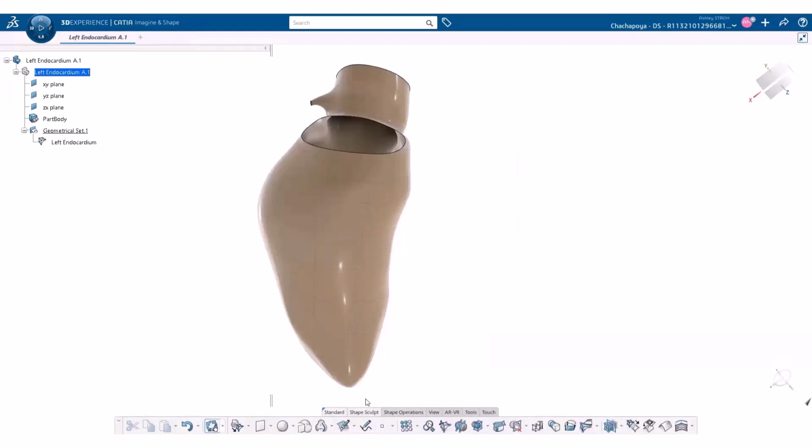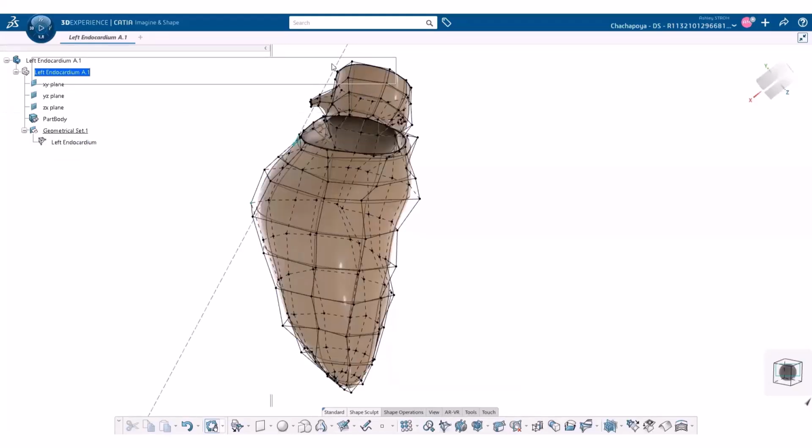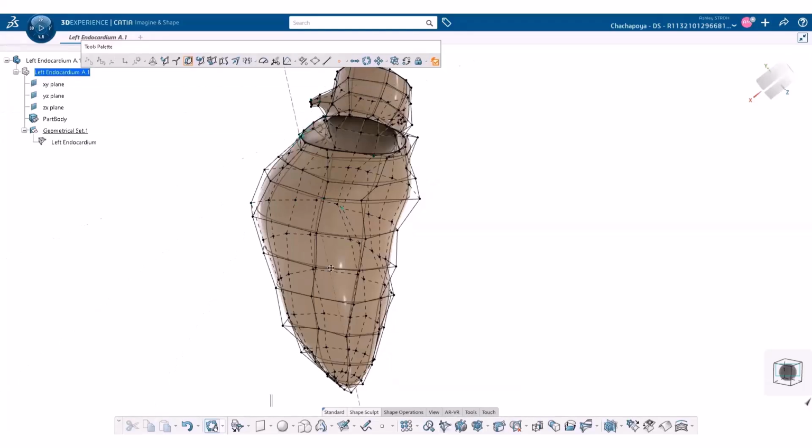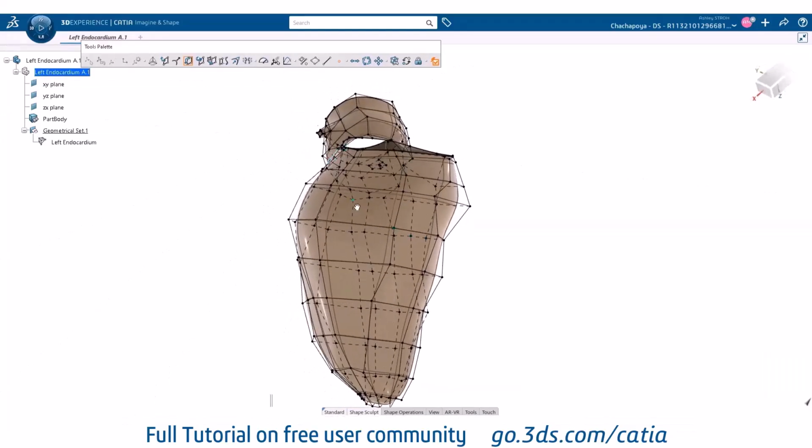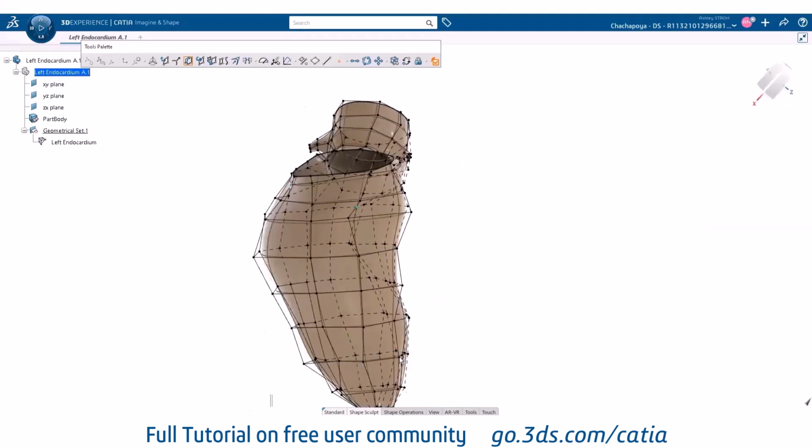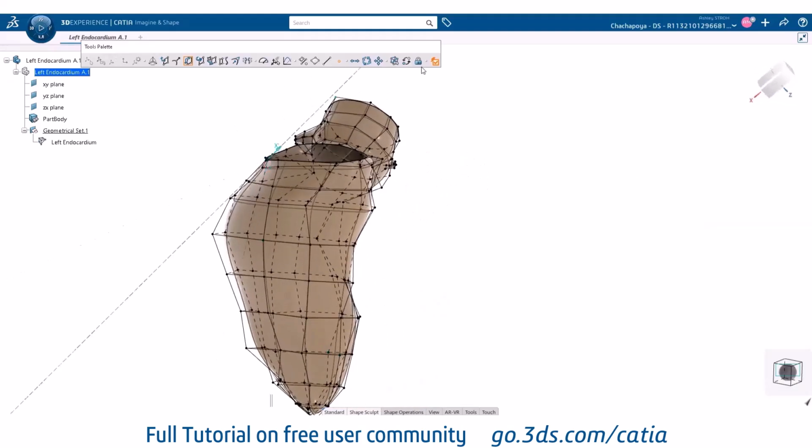So back within Shape Sculpt, first of all, the main tool that we'll be using here is this IMA modification tool, which is also just accessible by double-clicking the actual subdivision in the tree. So here, this is the symbol for a subdivision. If I double-click into it, it brings up this toolbar as well as the actual control mesh that's associated with our final surface. You can see I can get out of this tool palette, this tool,